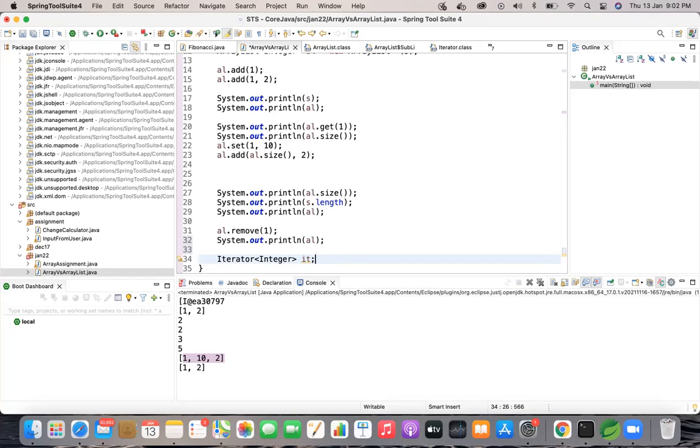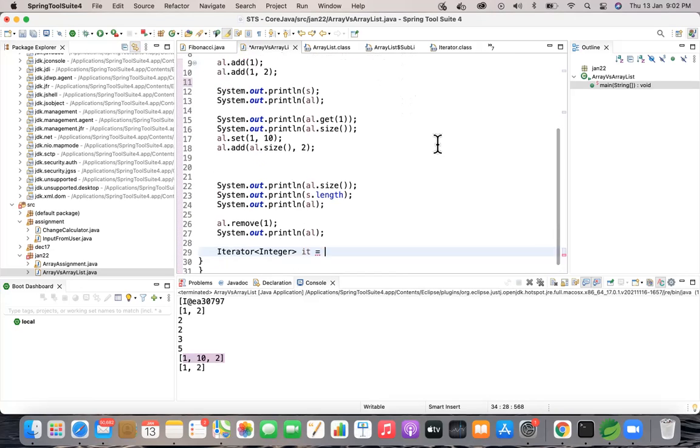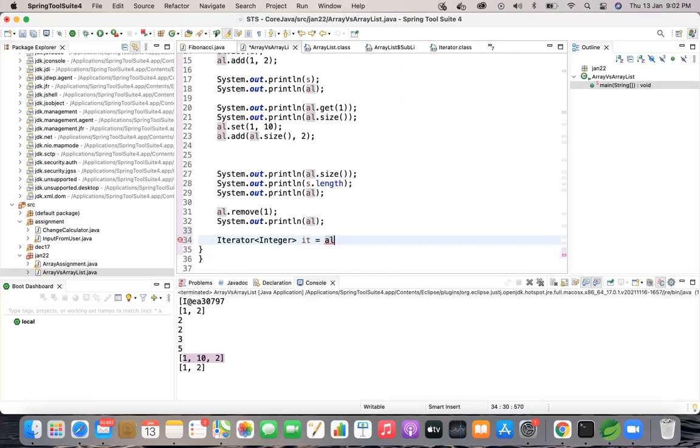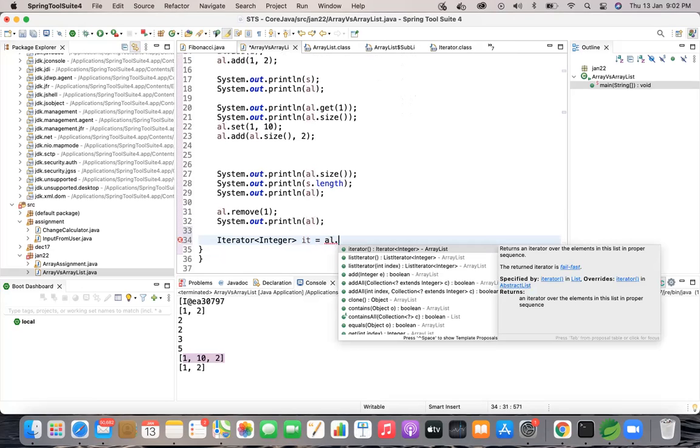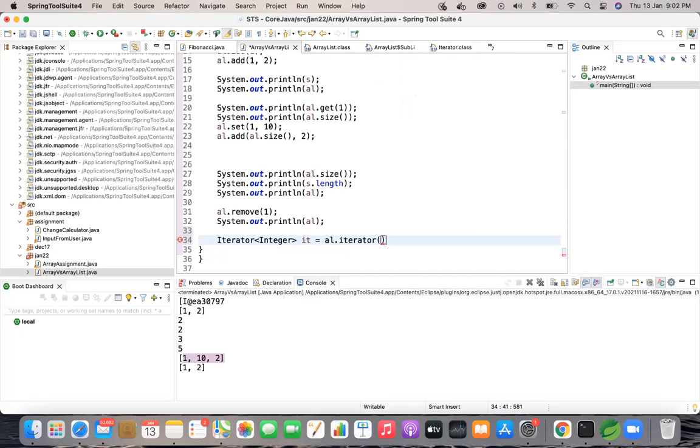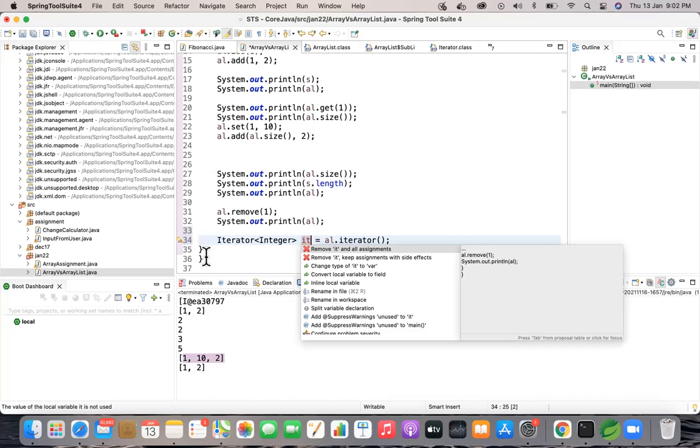Okay, equal to. Now you have to create an object, but for which one will you create, because Iterator is an interface? We are going to iterate on the ArrayList. So what is the object of your ArrayList? AL, right? Yeah, just use AL dot. Now you can see methods like iterator, listIterator with index. So first we'll go with the normal iterator. Go with iterator, semicolon. So this iterator is a method, with logic written in your subclass of ArrayList, and we are using that in your iterator.